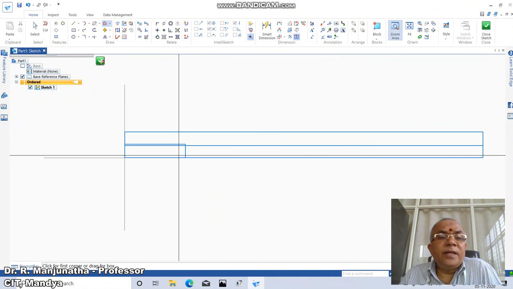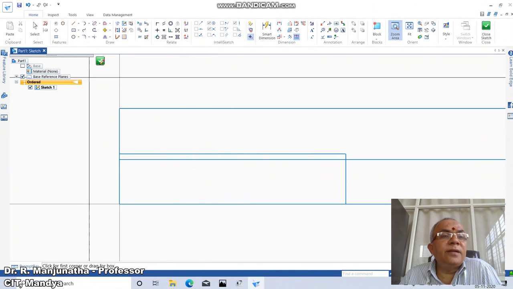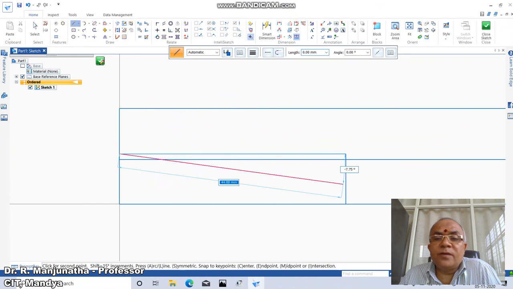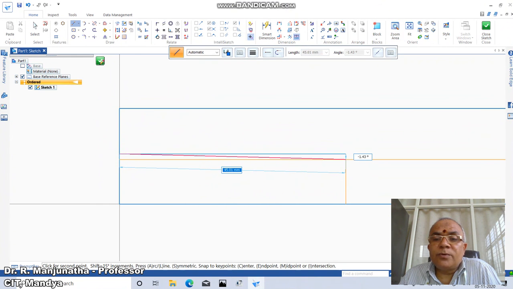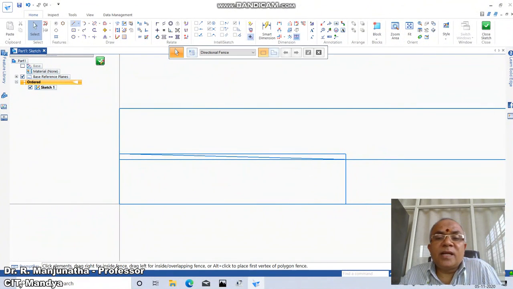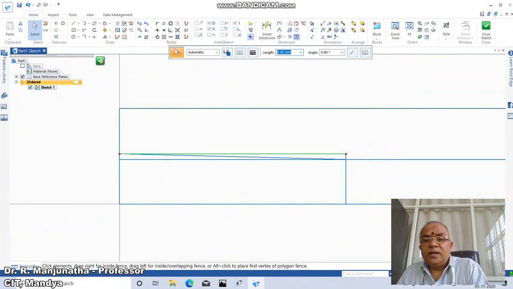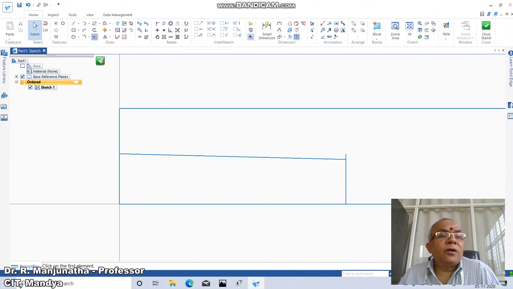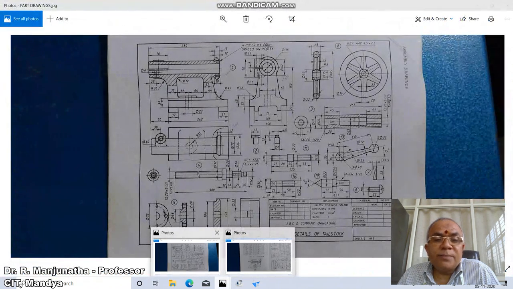Then go to zoom area and bring it near to the screen, go to line, and take the end point of intersection of this to intersection of this. Then go to select, click on this and delete this line, and then go to trim corner between this and this. Now we have this one side constructed with the taper.